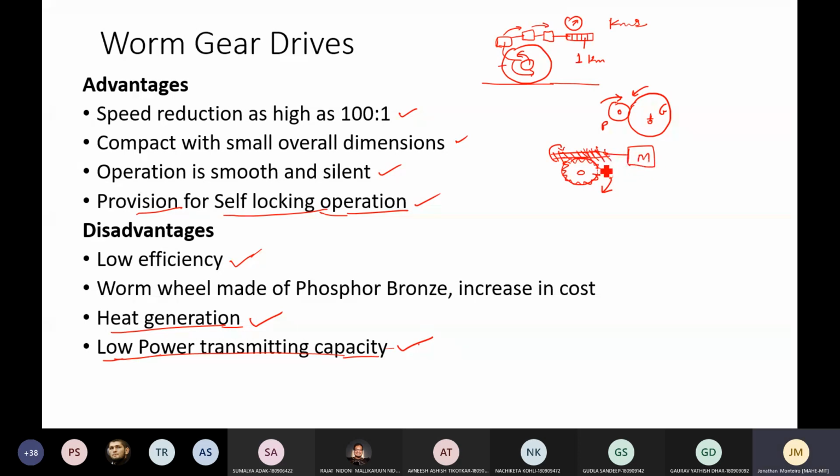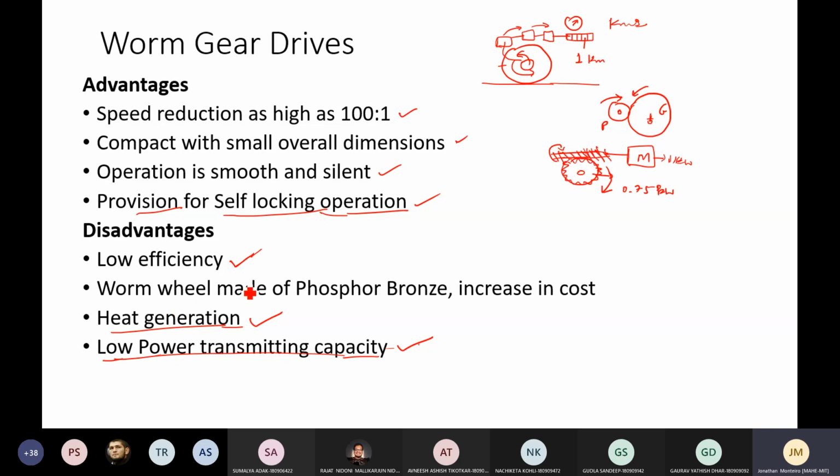You have a motor which drives it. Say 1 kilowatt of motor, you have used it, but the output may be around say 0.75 kilowatts. Why? Where has that 0.25 kilowatts gone? That has gone in generation of pushing the gear and generation of heat itself. Okay, so that is why it says low power transmitting capacity. What about efficiency? Yes, efficiency is a consequence of heat generation, so that is why the power transmission is lost. Okay, a large amount of power can be lost in this process.